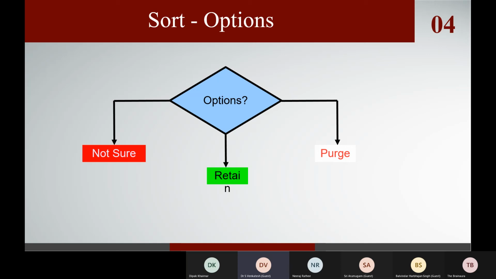Yes, I think there is a question. Yeah, maybe this is a very relevant question, so we will take this up now. The question is: how is sort related to minimalism? So what is minimalism? Minimalism is basically a way of thinking or a philosophy where we want to achieve maximum output with minimum input in terms of a process or thought process.